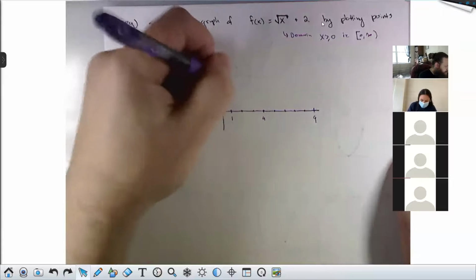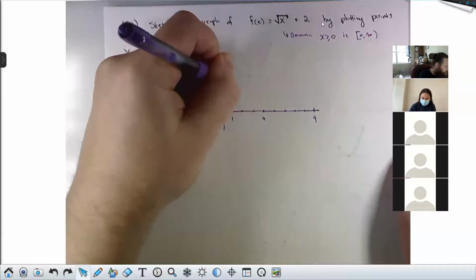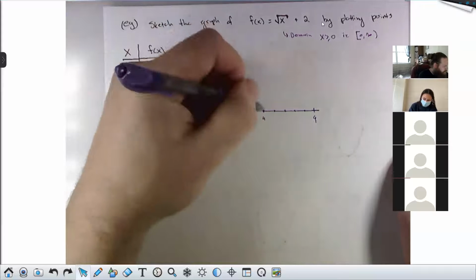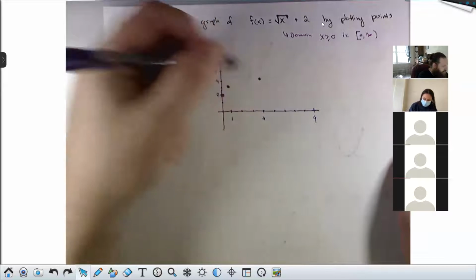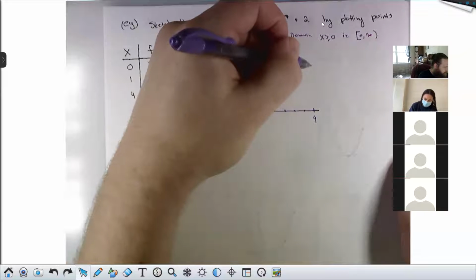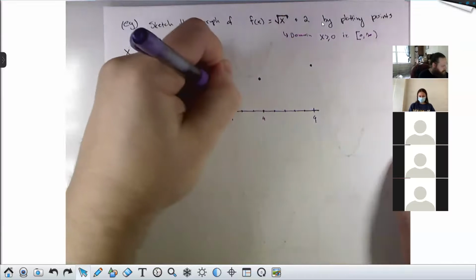When x is 1, y is equal to 3. That's right here. When x is 4, y is equal to 4. So that's here. And when x is 9, y is equal to 5. That's here. So the shape of this graph,